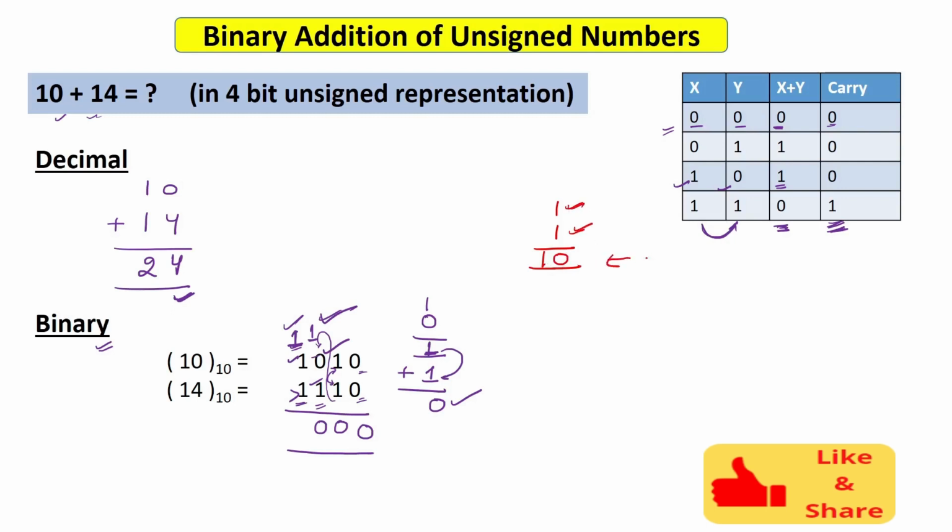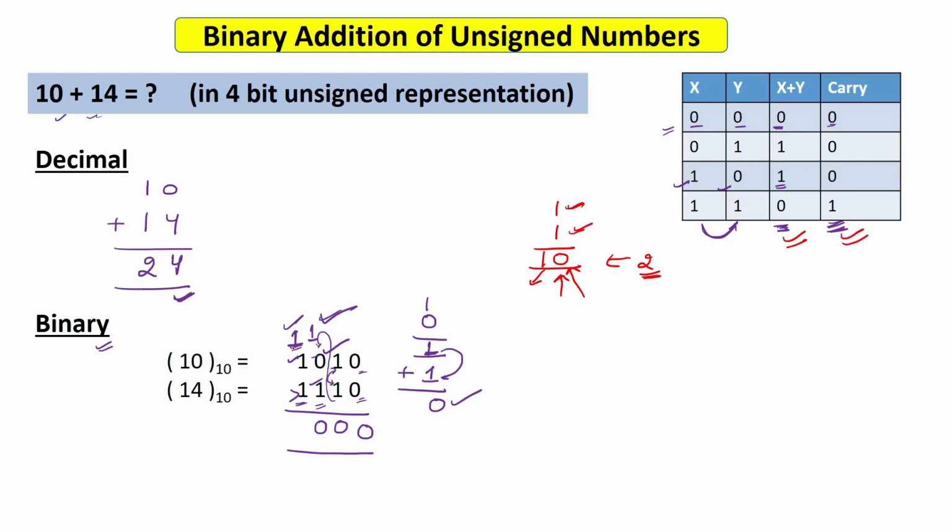The addition of 1 and 1 is actually 2 in the decimal number system. So this is also actually 2. If you convert this 1 0 in binary, what will be the answer? These 1 and 0 are the 2 bits, so 1 0 in decimal is 2. So if you add 1 and 1 in binary, you will be getting 1 0, which is actually 2 in decimal. In that way, if you add 1 and 1, you will be getting 10.